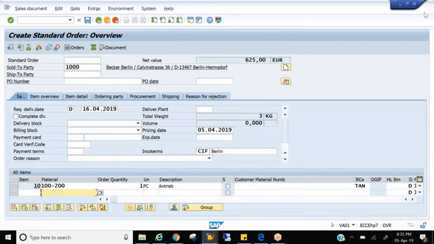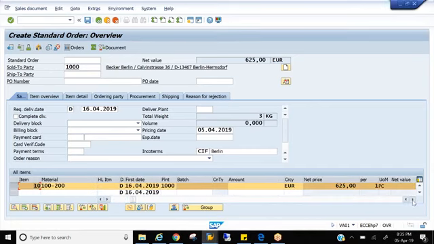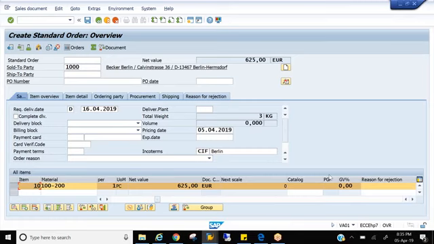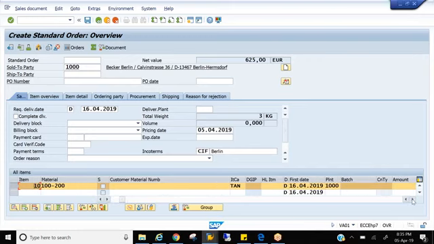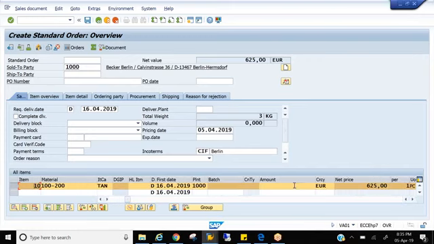Okay, so now I create an order, right? And this is called line item overview. You know it, right? If I scroll to the right side, you will see all the data which comes from the material master and gets determined at the item level. If I scroll to the left now and show you something here, that is amount. You see this field amount is blank. Why is this field amount blank?